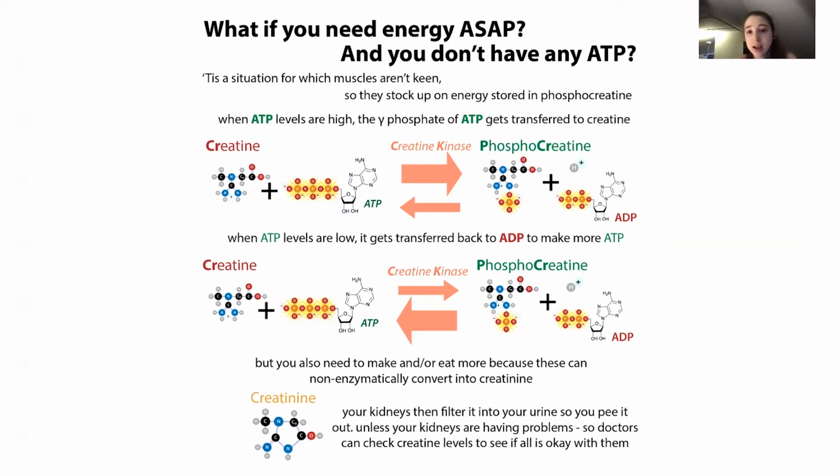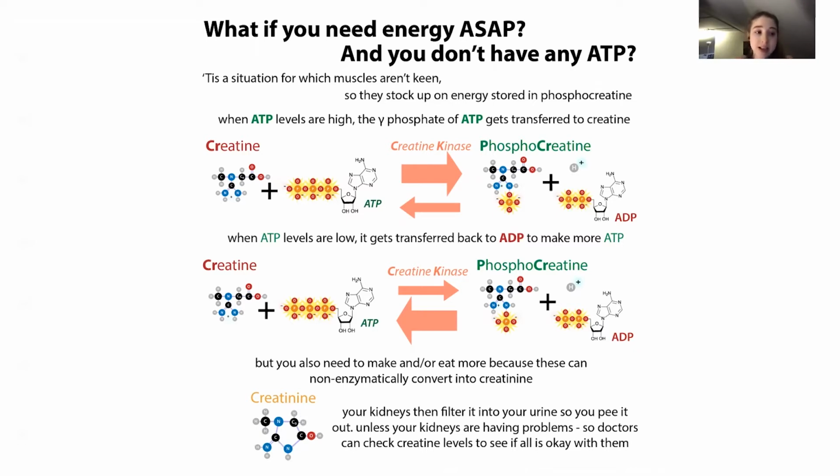And there are certain molecular reactions that don't need enzymes at all to help with what they're doing. And so there are non-enzymatic reactions and non-enzymatic processes. So, for example, creatine or phosphocreatine can spontaneously and non-enzymatically convert into creatinine. So creatinine is this ringified version. And so if you look at this nitrogen here, if it were to attack this carbonyl carbon, now you get this creatinine. So this creatinine isn't going to be very helpful. And so it's like a waste product.